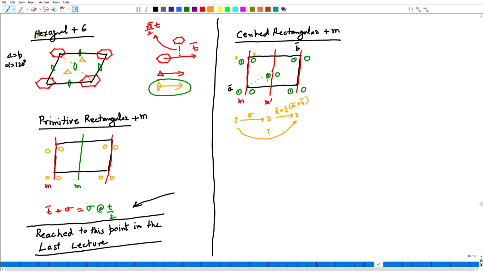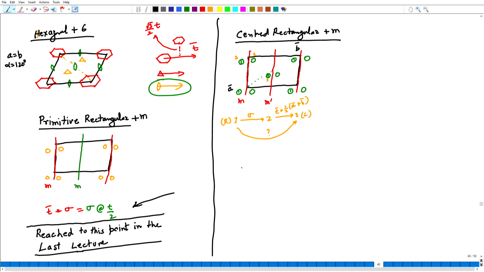If you look at 1 and 3, 1 is a right handed motif and 3 is a left handed motif. So, certainly no translation can take it there, no rotation can take it there, because rotation and translation will not change handedness. Therefore, there has to be a reflection operation of some kind, but I really can't put a mirror plane inclined, because that would destroy the entire symmetry that is there in the rectangular lattice. Therefore, we have to look for a kind of operation that we have not seen as yet. So, let us try to figure this out. I put this in a separate diagram.